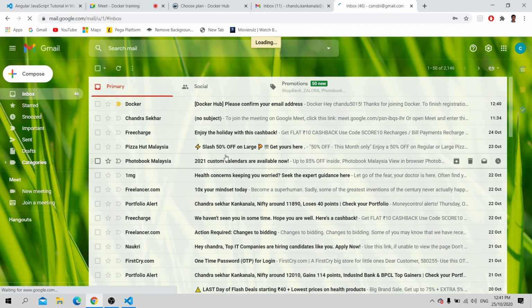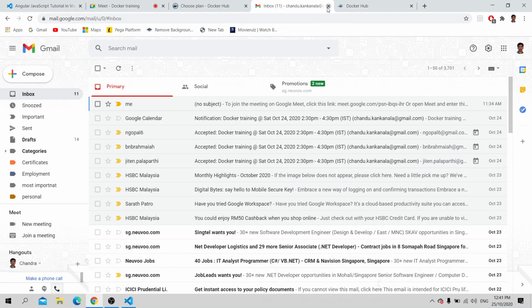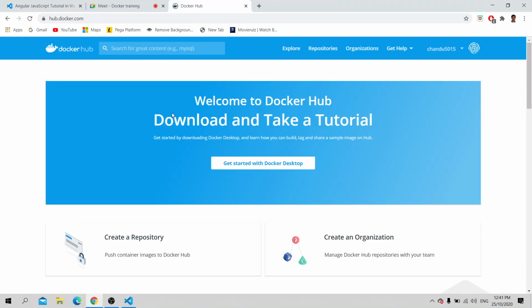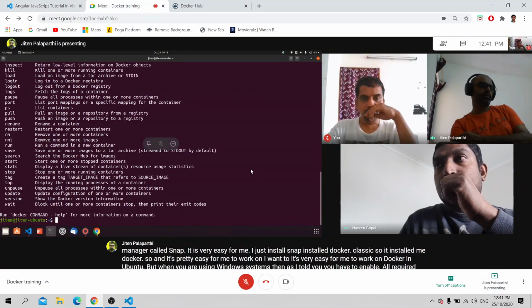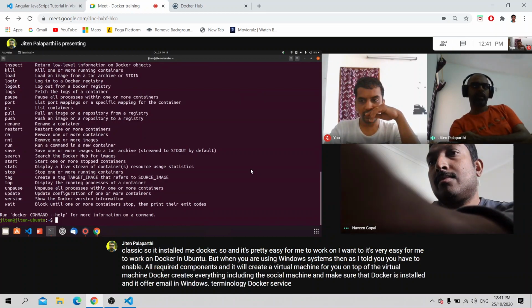But when you're using Windows systems, then as I told you, you have to enable all required components, and it will create a virtual machine for you. On top of the virtual machine, Docker creates everything, and makes sure that the Docker daemon, in Windows terminology the Docker service, will be running.